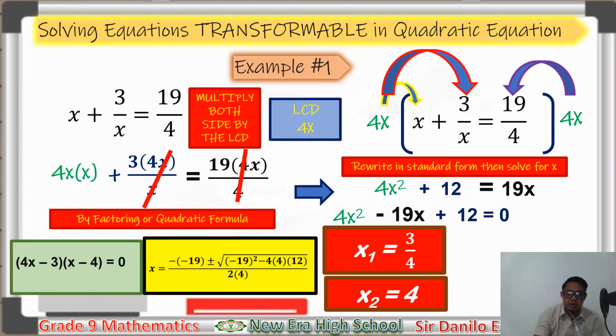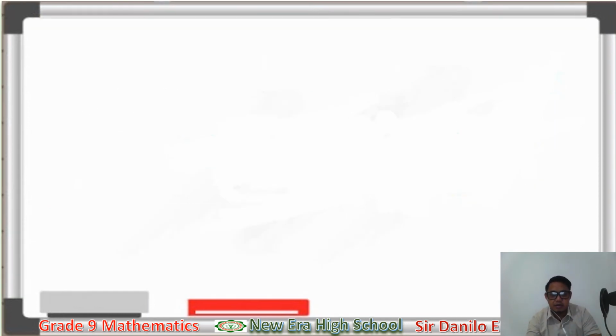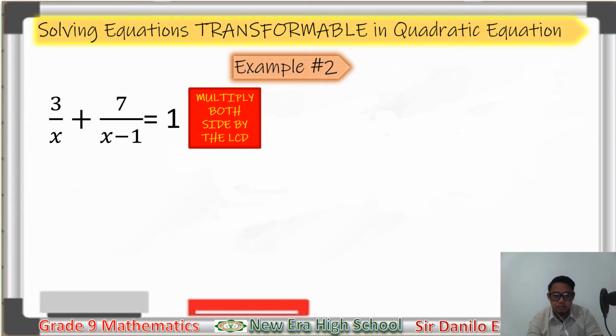Okay? May tanong po ba? So, kung walang tanong, tuloy na tayo sa example number 2. Kunyari, no? Okay? So, example number 2. Yan. So, example number 2, we have 3 over x. Yan. I-divide lang natin yan doon sa LCD. Ang LCD nan is x, ito, x